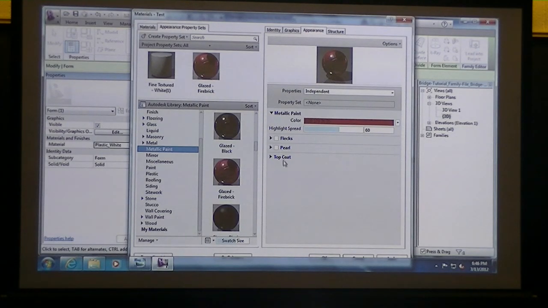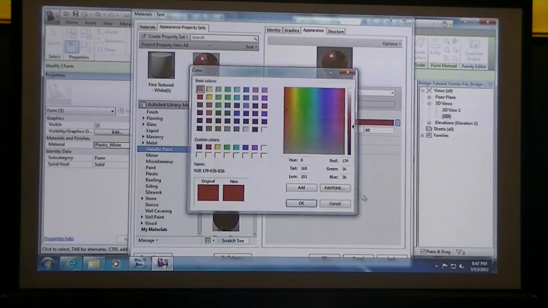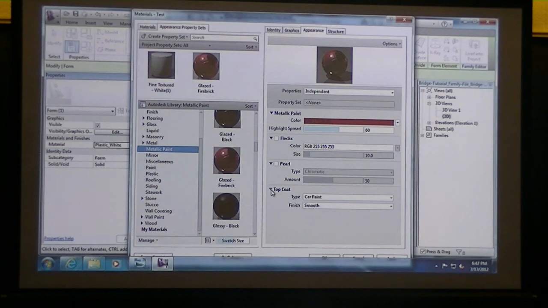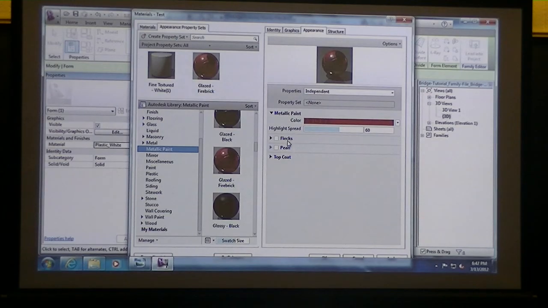And then there are these additional options. So by default, this particular material has this color assigned to it, this RGB value. If you don't like that color, you could come in here and say edit color and pick something else. Let's say you want to define a new property, some kind of color that's not offered. You can also come in here and apply these other settings that might not necessarily be checked at the moment, but you can play around with your different coats. So there's like a top coat, different flex that you can put in here. I'm not going to go into all those settings at the moment,